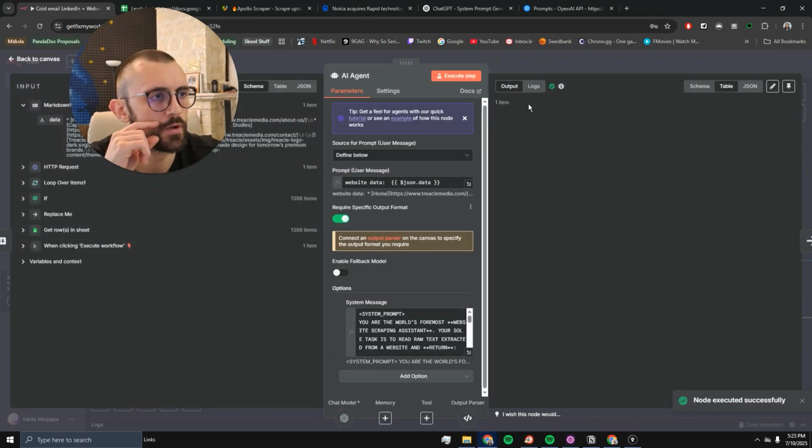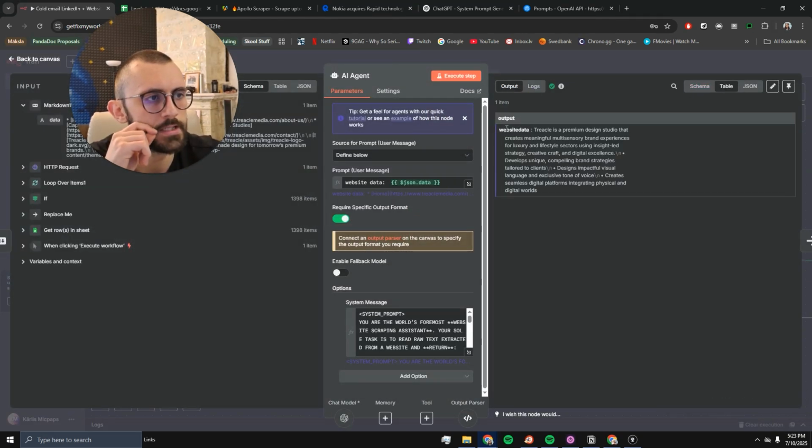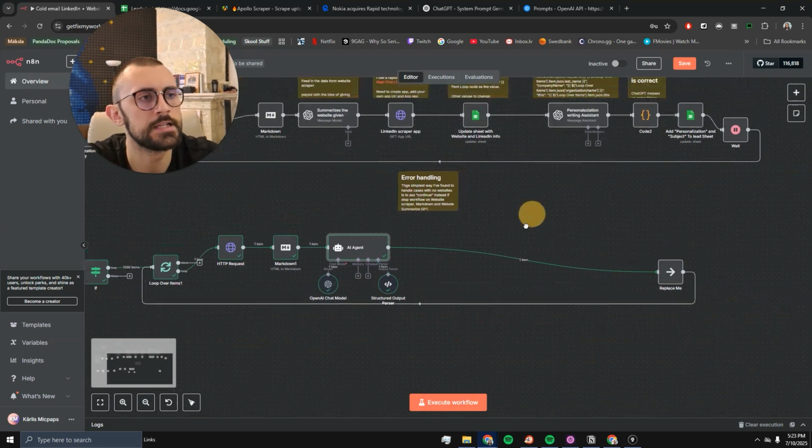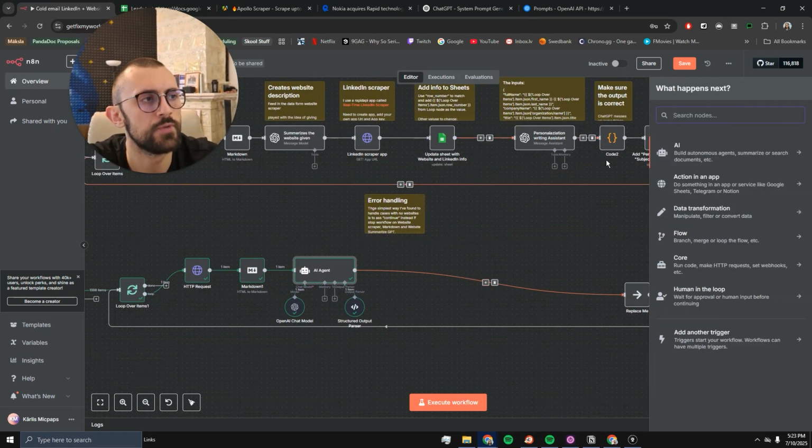Okay, it looks like it worked fine. It had an output. Yep, here it is. So it's the website data, and it is the description, and then we have our key value propositions. So here it is. It works just fine. So our next step is to use RapidAPI or